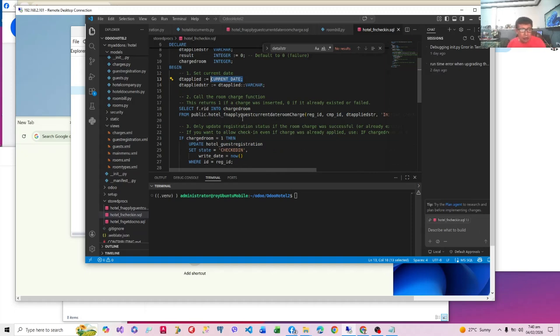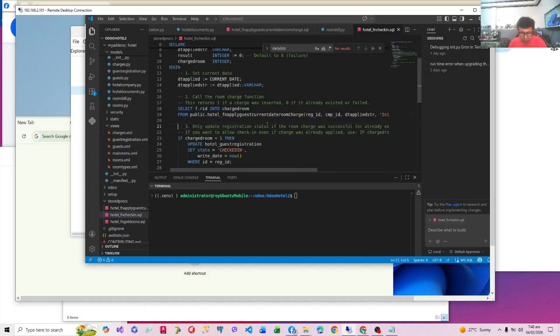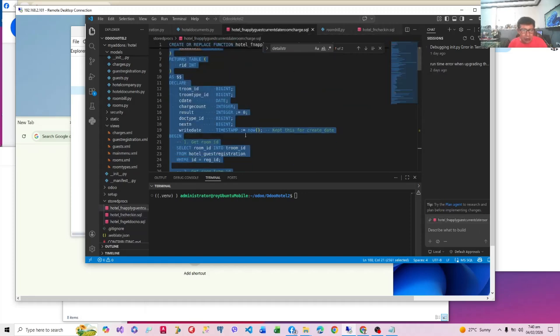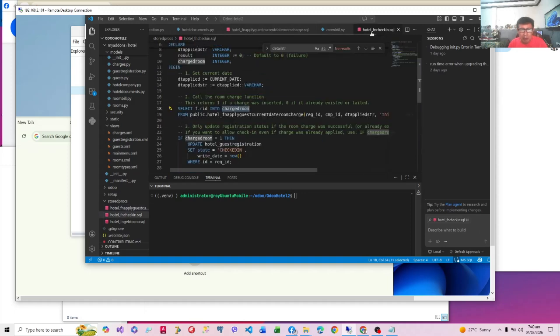And then we are going to call the charge by doing a select statement, because it's actually a function that returns a table, so we have to use a select statement to call it. Now we will know that it's successful because we will have charge room as a value of 1, because remember that our function will return 1 if it's successful in charging the guest.